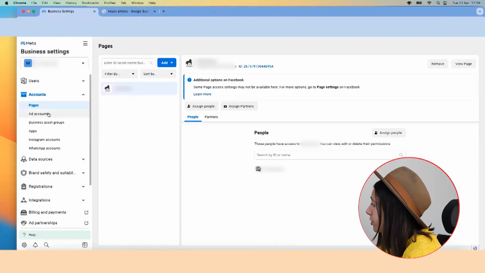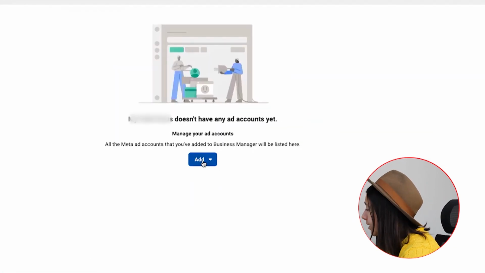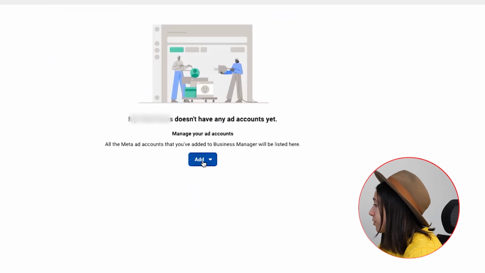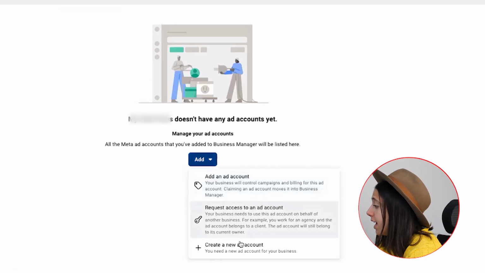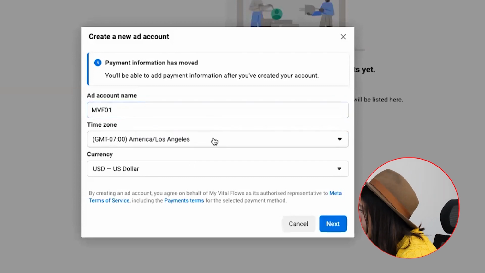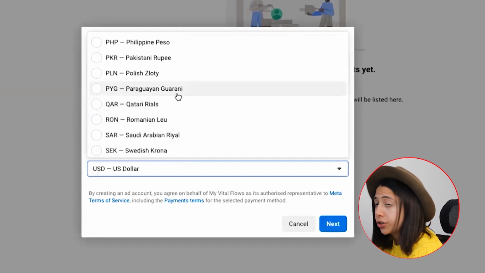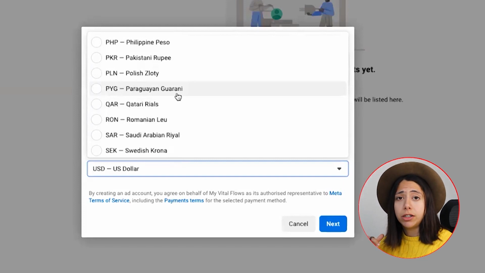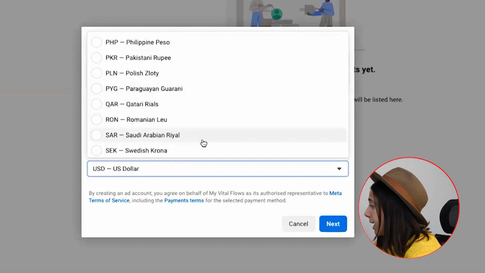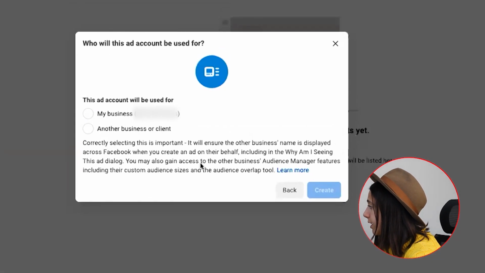So once we are done with the page, what we need to do is create an ad account, and this is where we're going to create our campaigns, run our ads, and so on and so forth. So we're gonna press on add, create a new ad account, and put your ad account name, time zone, and then the currency that you want your ad account to be in. Make sure that this currency matches your credit card currency or your debit card currency, because that's how you're going to be paying. So personally, I'm just gonna go ahead for euro and I'm gonna press next,